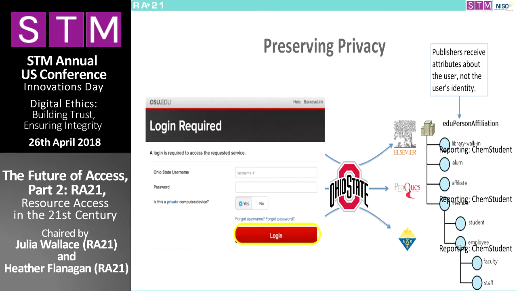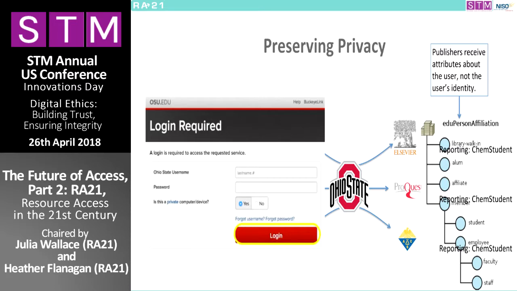And you might get other attributes like what the person's role is. Like I say here, the role might be a student. This taxonomy is pretty rich in terms of these attributes. And I show a portion of it here, like, we could differentiate between a library walk-in user versus a faculty user versus a staff or a student. So imagine if you had better knowledge of users of your own websites, the ability to offer more differentiated user experiences based upon these attributes. This is a future that we're trying to bring to all of us so that we have the ability to do that. But that's also why it is privacy preserving.